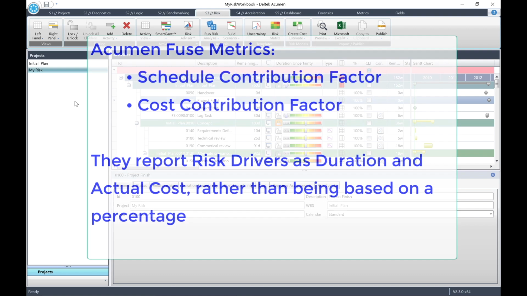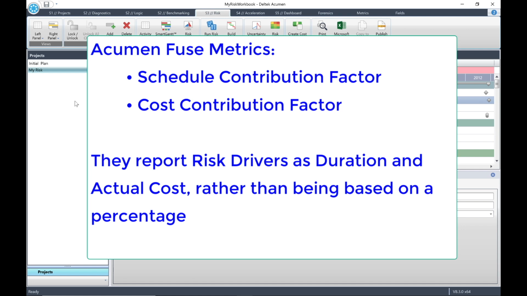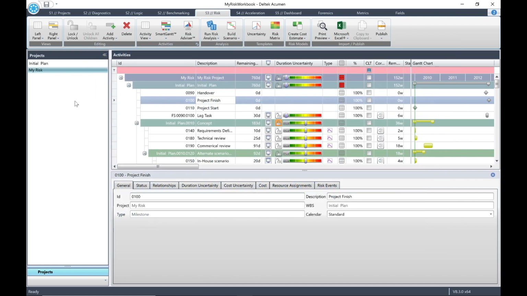Acumen Fuse uses metrics called schedule contribution factor and cost contribution factor. These metrics report our risk drivers as duration and actual cost, rather than being based on a percentage. This risk driver analysis can be run at any level of the schedule or cost hierarchy, and not only at the top summary level. For instance, we can analyze risk drivers for a particular milestone. This risk driver or contribution is expressed in time, schedule contribution, or money, cost contribution. Let's have a look at the